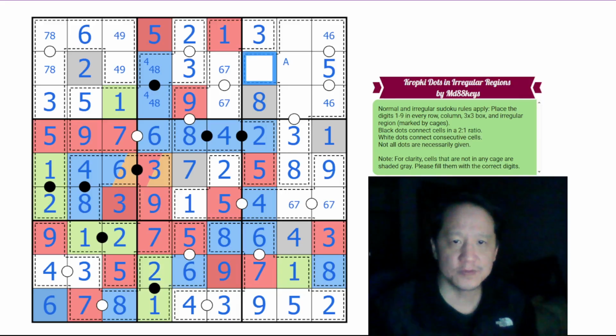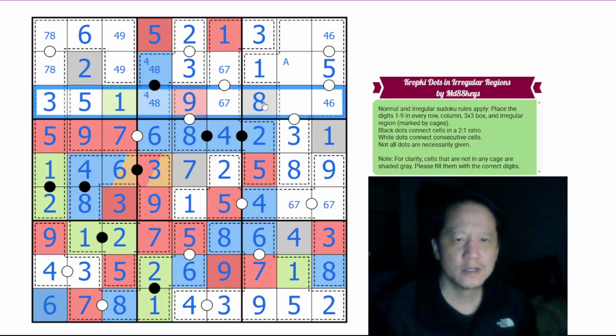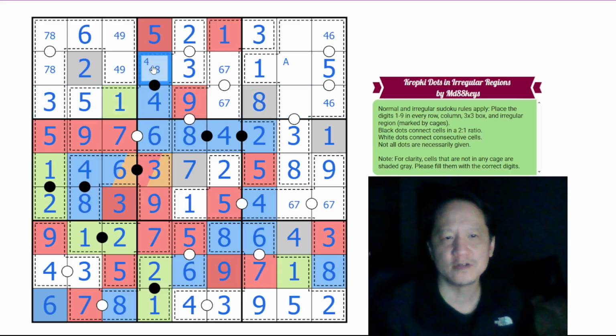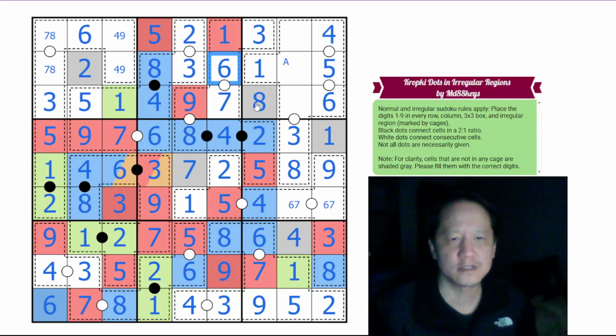2, this leaves this as a 1. Where's the 2 remaining in row 3? This is 8 here, which eliminates 8 here, so it's 4 and 8. 4 eliminates 4 here, so it's 6 and 4. 6 eliminates 6 here, so it's 7 and 6. Again, where is the 2 in row 3? It has to be here, which is consecutive with